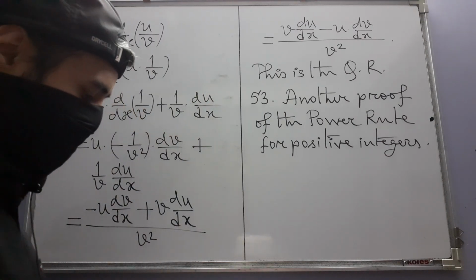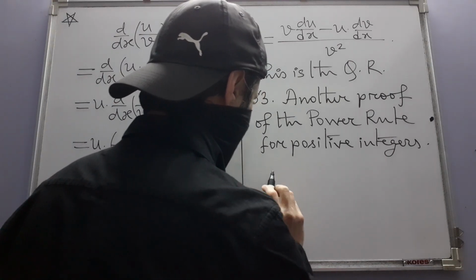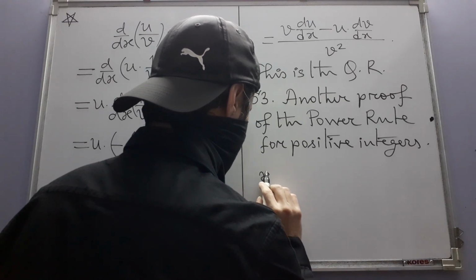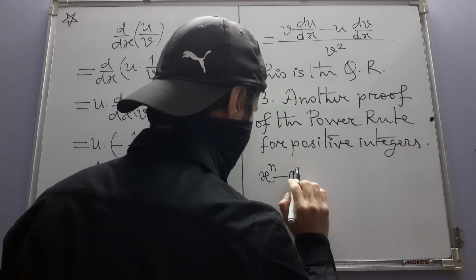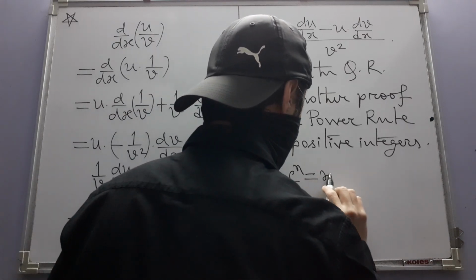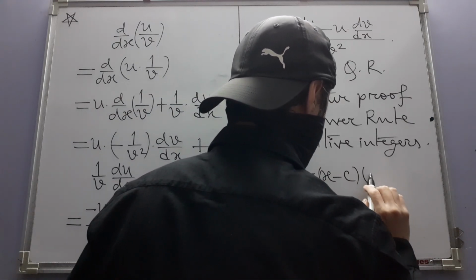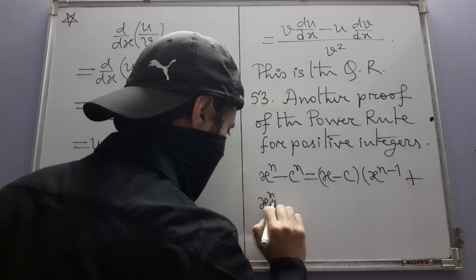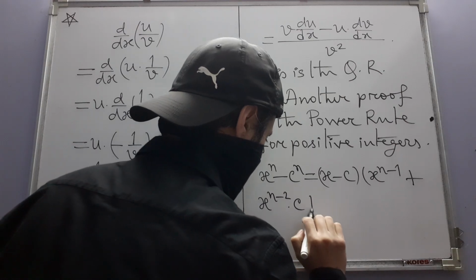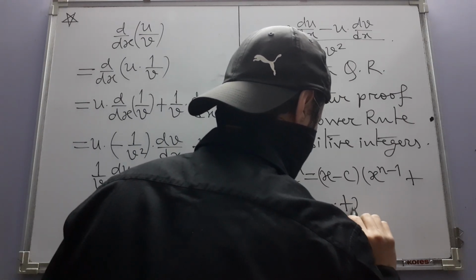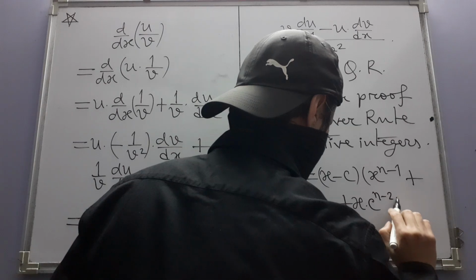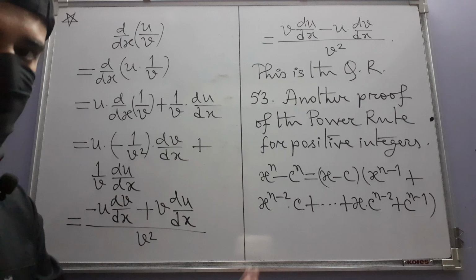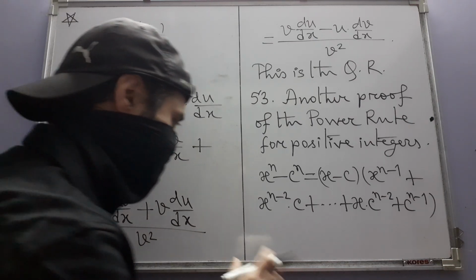I am not going to write entirely the thing. See, what the question asks us is this. It asks us to use this formula from algebra, which we already know. x minus c times x to the power n minus 1 plus x to the power n minus 2 times c, and so on, x times c to the power n minus 2 plus c to the n minus 1. This identity from algebra and this definition of derivative,